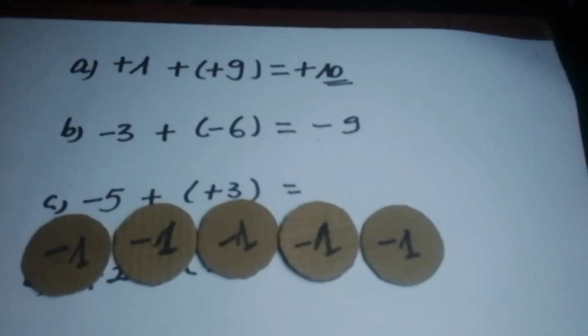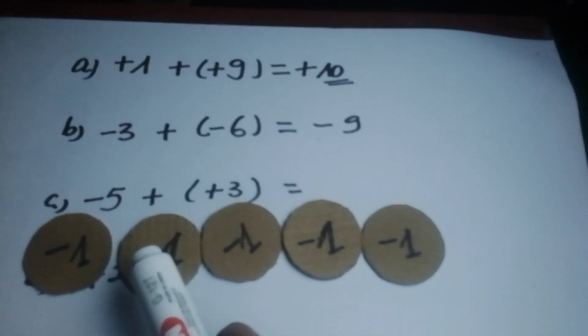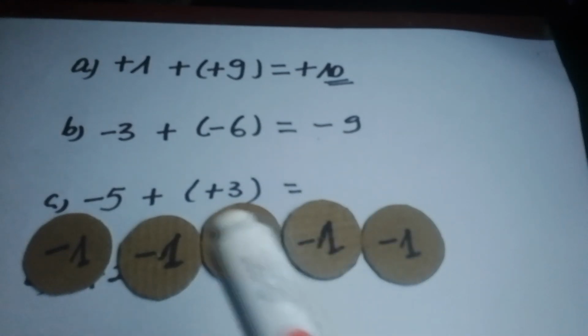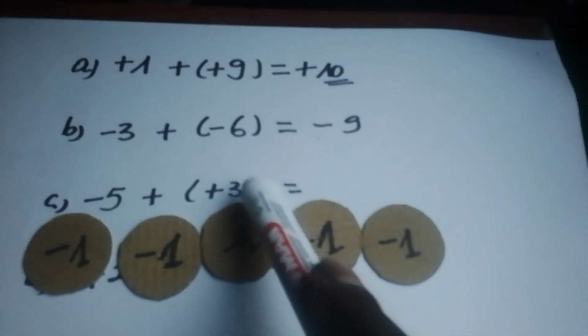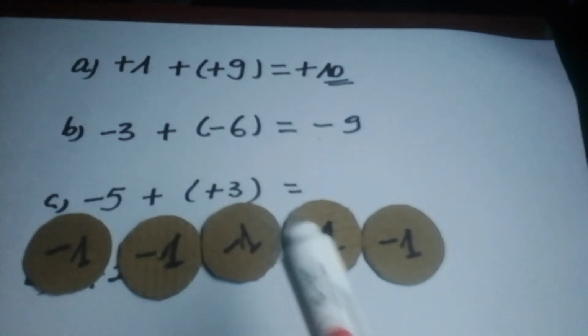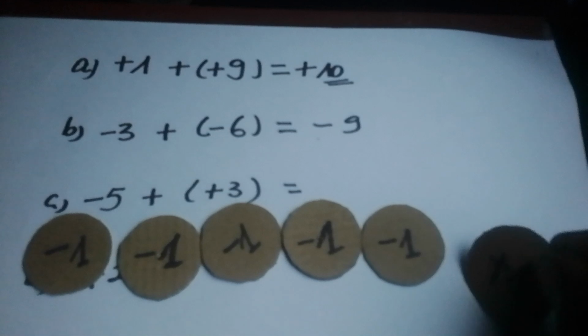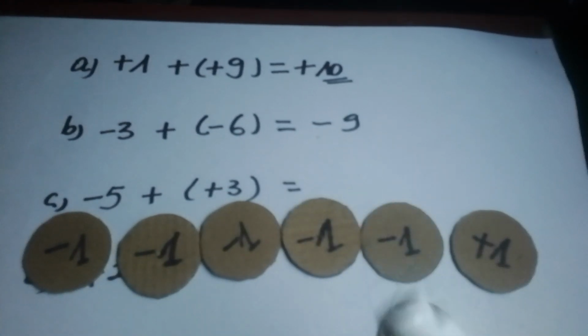Now, with these negative 5 counters, this sign means to add. I'm going to add 3 more counters with positive value. That's why I add 1, 2, and